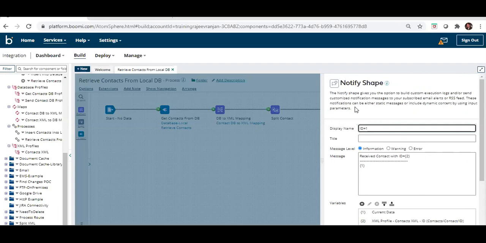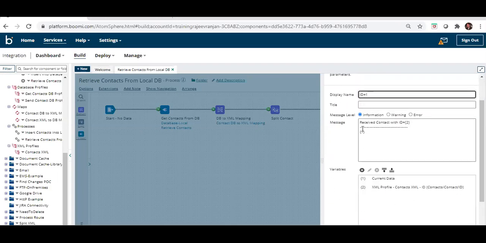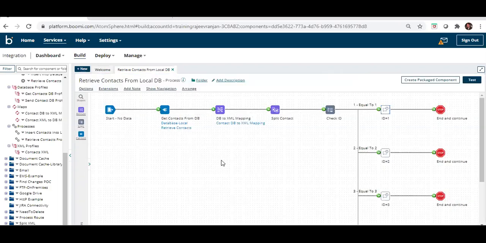So here in the notify step, I have written "received contact with ID 2". These are the parameters which I am taking from this variable. Current data is showing the current contact element, and 2 will show the value of the contact ID. So we'll see here.